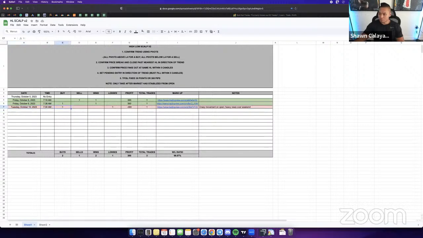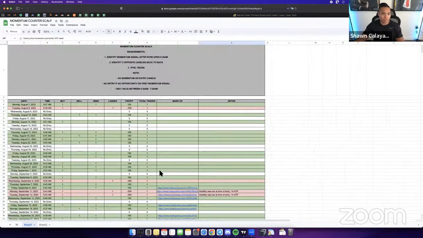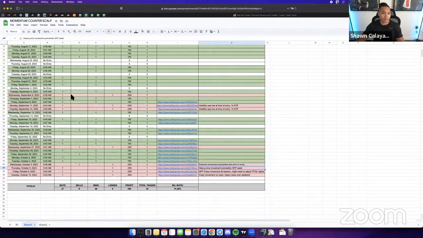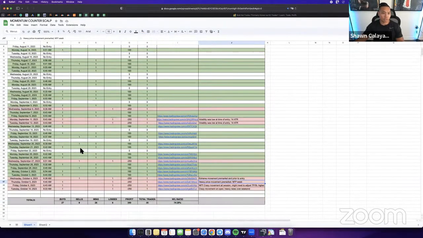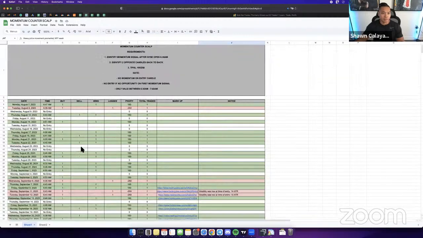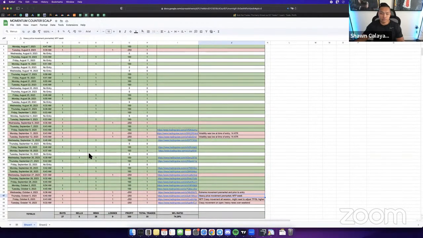Let's see. PC said if you omit trades taken in the first 10 minutes of session, the momentum counter scalp gains will be better. Yeah, I started to notice that too, PC. Looking over here at our spreadsheet, and this is why I created the spreadsheet, so that you guys can have documentation of which entries come up. The thing with that criteria, PC, is that it would change the entire strategy, right? If we were to skip the first 10 minutes.